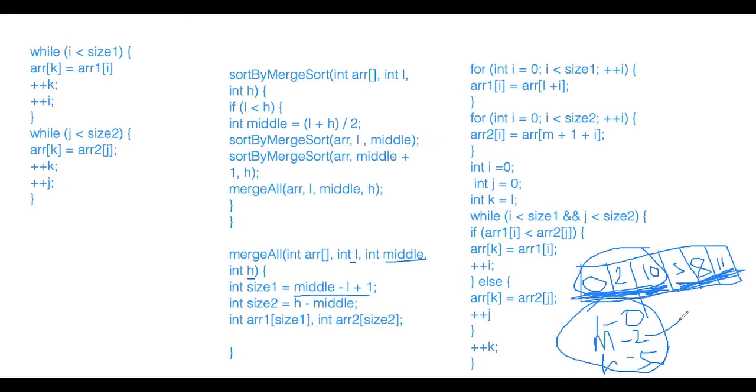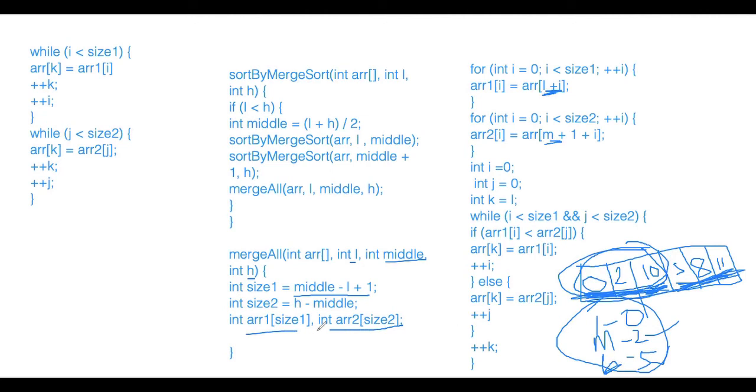So now out of this one array, we have to create 2 arrays, with size 1 and size 2. We have created 2 arrays. Now we will fill up the first array from this first part, so we are filling from lower to middle, right? Using this size concept. And then we are filling the second from middle to higher, right?